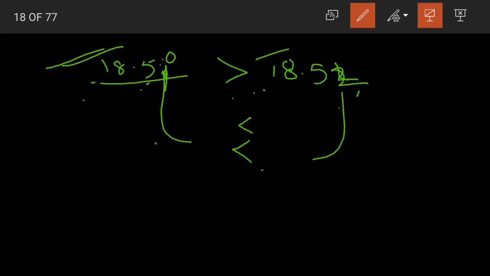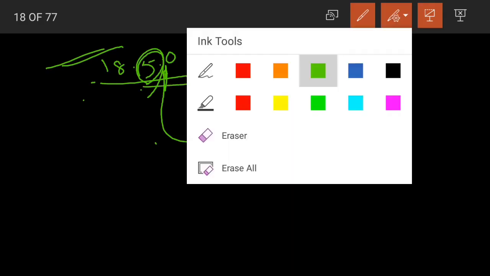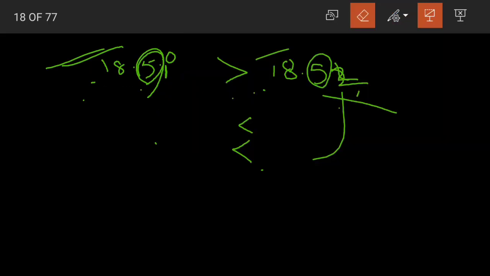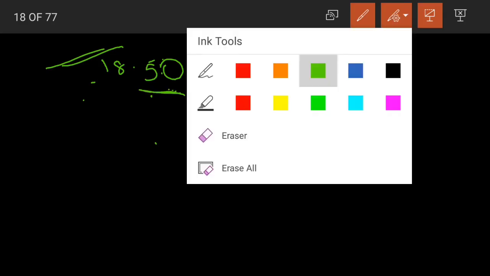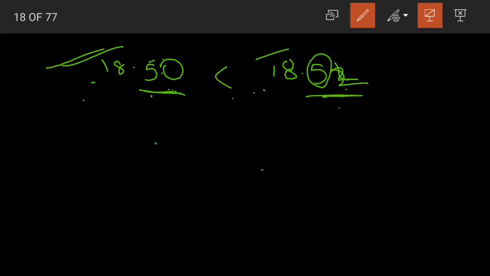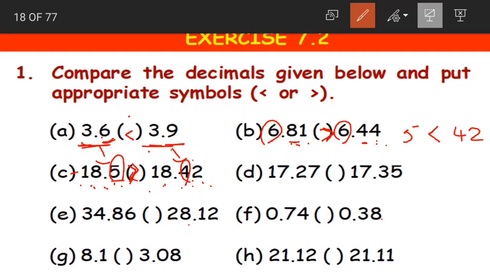If you do not want to convert them into like decimals, you can only compare the digits in the same place. These are the two ways. One, you can convert them into like decimals and compare directly. See, if we convert this into like decimals, we had 18.5, here we are having 18.52, so it will become 18.50. We are adding one 0. When we compare 50 and 52, 50 is less than 52, so 18.50 becomes less than 18.52.